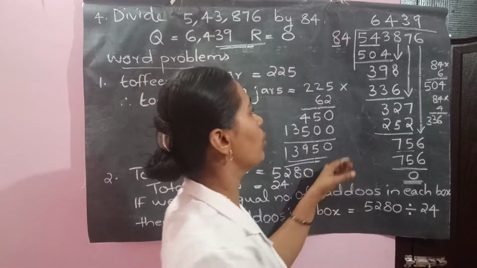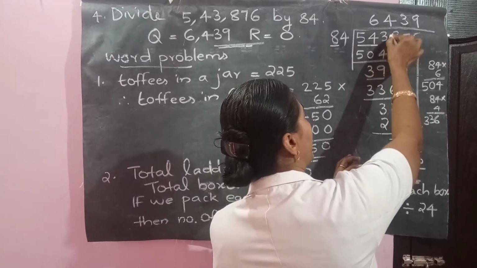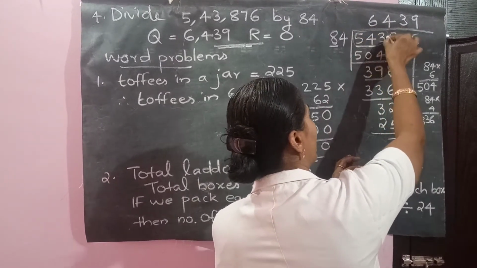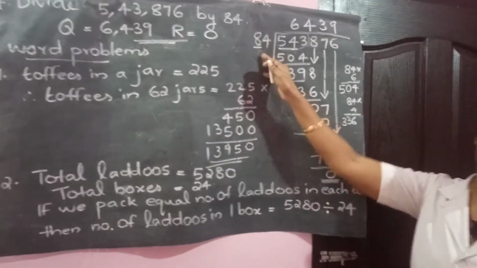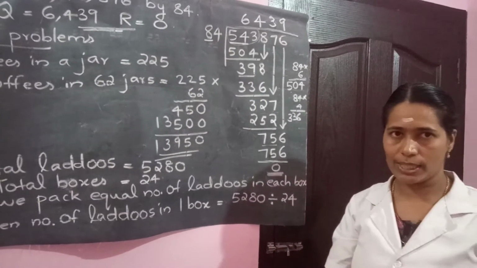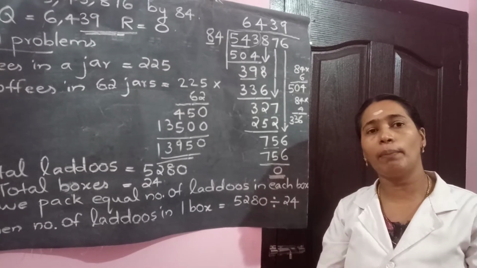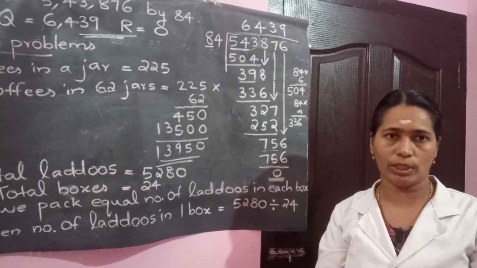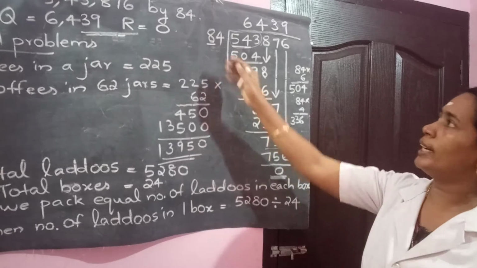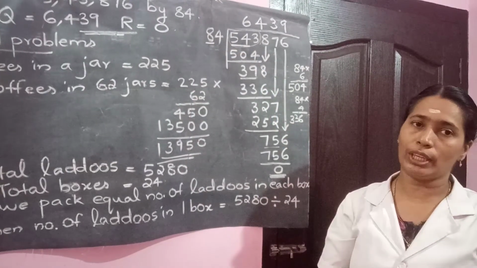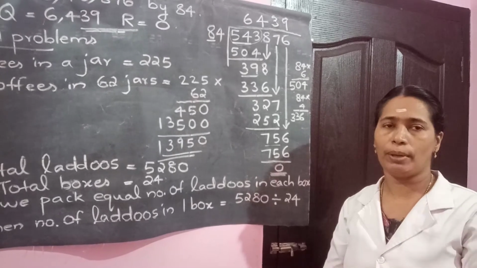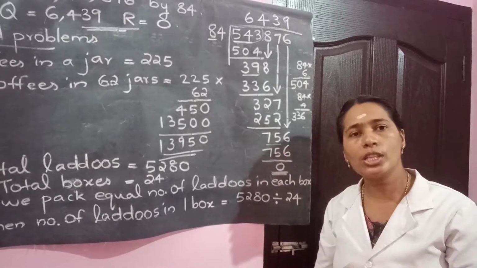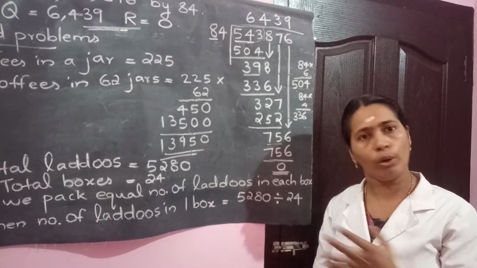So what do we have to do? We have to consider 3 digits at a time. Then since it is 84, it is not easy to find its multiples. We have studied the multiplication table up to a maximum of 12 only, isn't it? We haven't studied the multiplication table of 84 and it is very difficult for us. But we have to divide the number. So what we do, there is a small shortcut method. Those who can, follow the same.